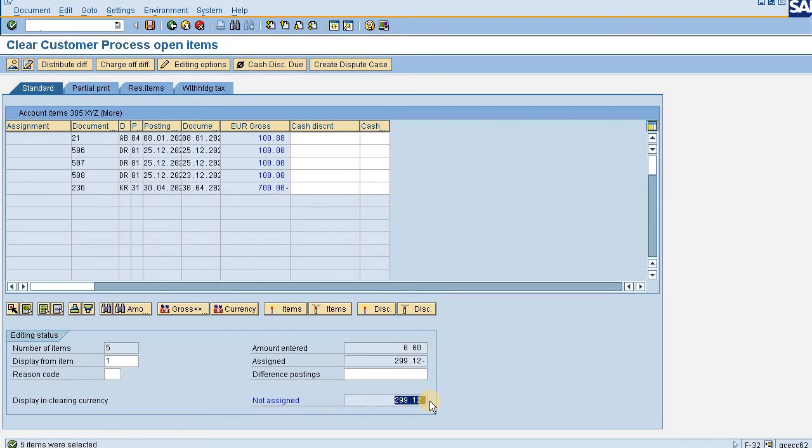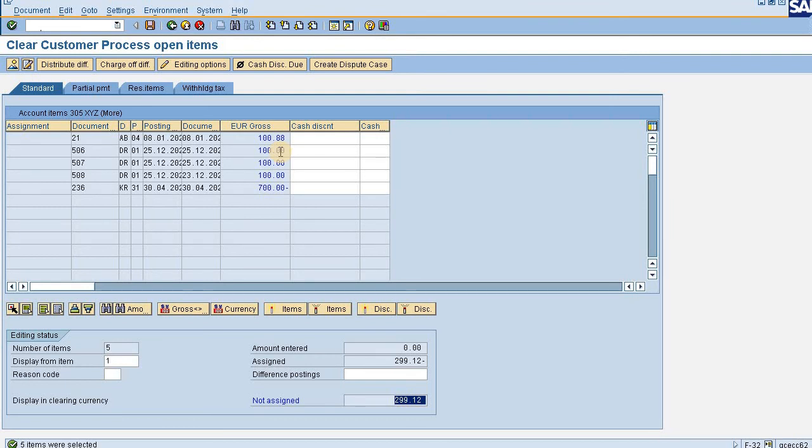So now the question is, these cannot be cleared. Why? The reason being, only one thing is coming in minus, that is 700, and if we sum up the rest of the items, then 100, 100, 200, 300, 400.88 is the amount which is appearing on the other side, which is appearing in the debit side. That means still we have 300 amounts due.